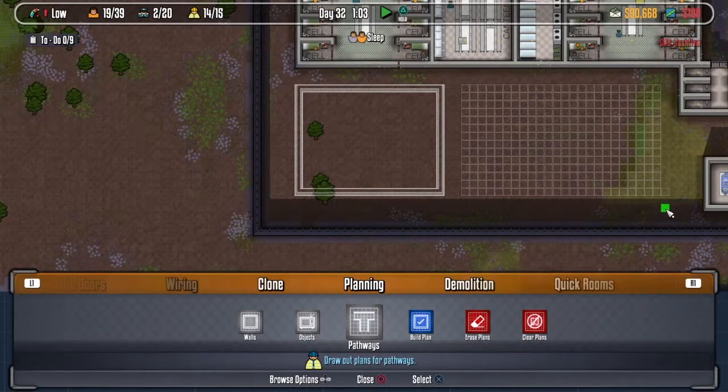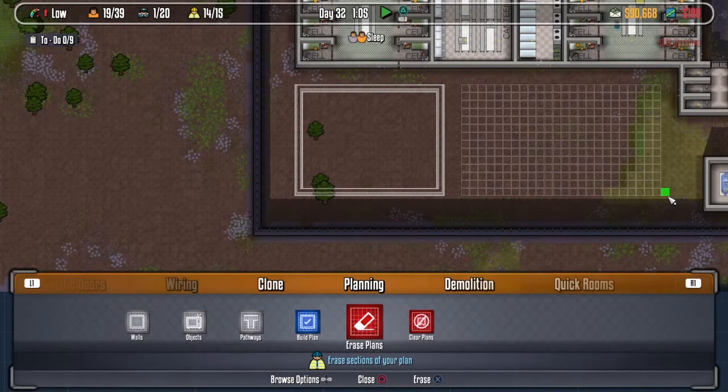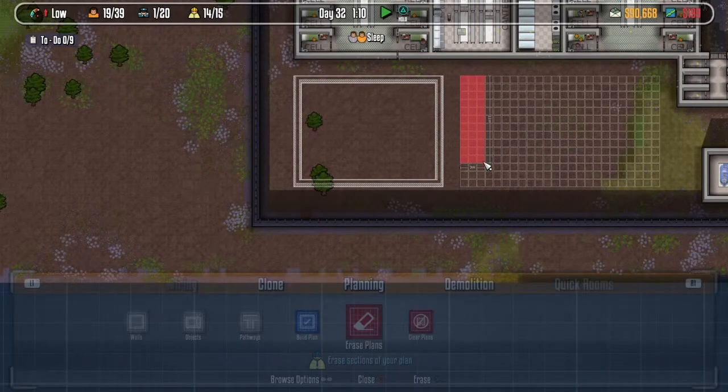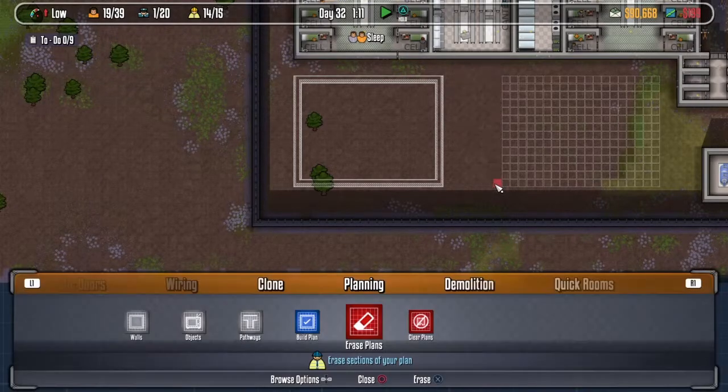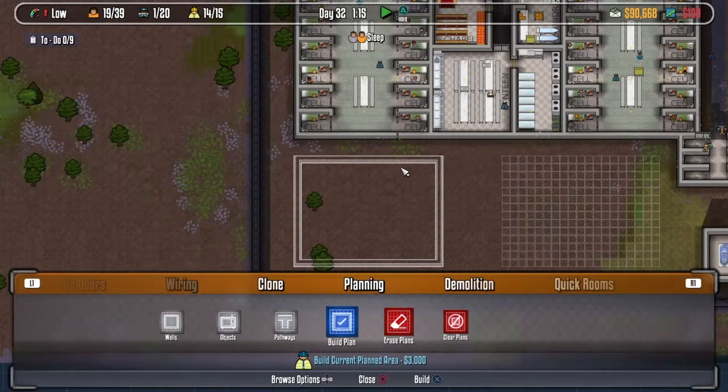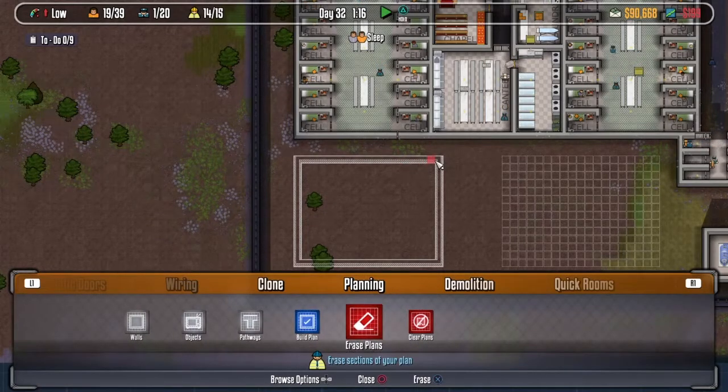That should do it. Just clear that last bit off there. I could maybe shrink this down a bit, actually. Let's take the yard down to that size. That's not a bad size yard, I think. Which means that we can extend